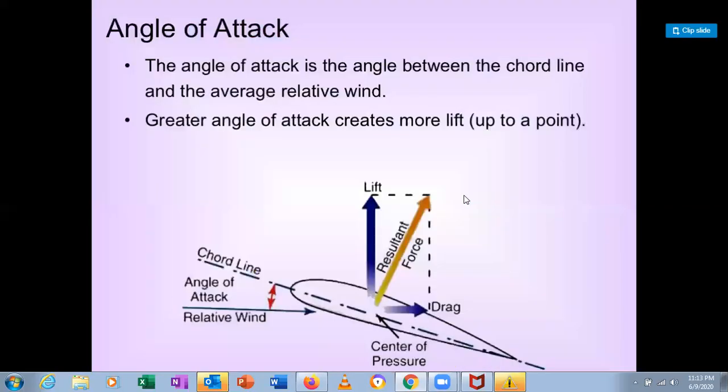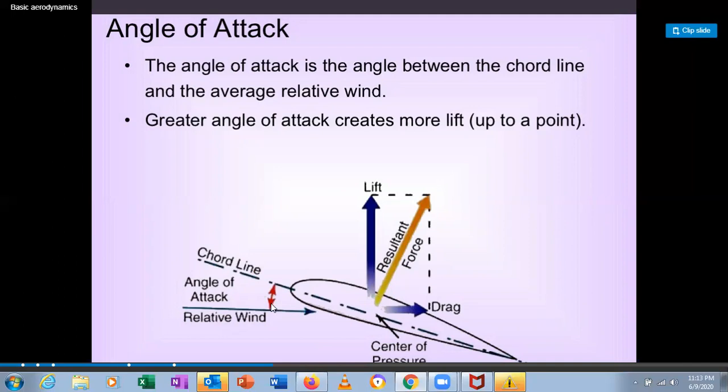And see here, this is the angle of attack. This is the relative wind. A change in the position of the airfoil gives rise to an angle of attack. This is the chord line, and we have the lift, the resultant force that lifts the aircraft, and we have drag. This is called the center of pressure, where the lift, drag, thrust, and weight acting at one point, that point is referred to as the center of pressure. All the forces acting at one point generate the lift force at the center of pressure. So that is the importance of the center of pressure.